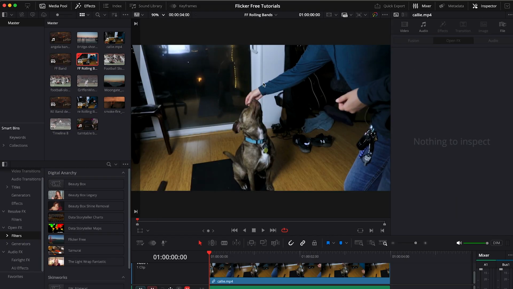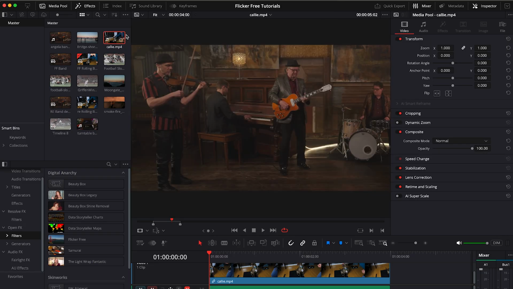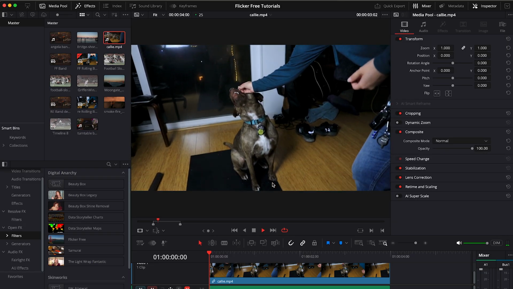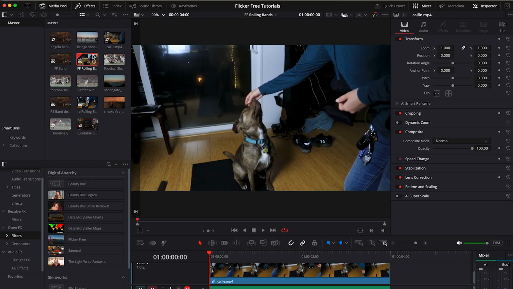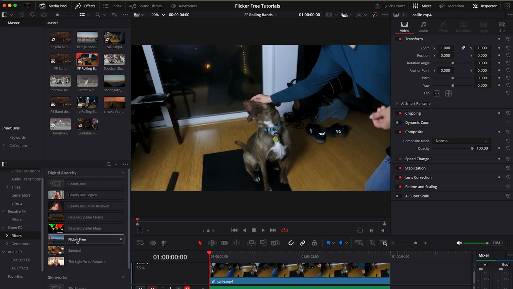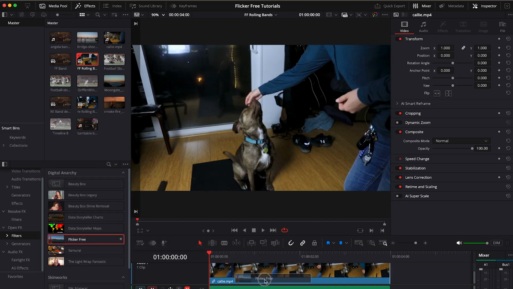Alright, so let's get back to deflickering with Flicker Free. We'll start off with the same clip that we just showed in the Davinci Flicker Free comparison. As you saw, it has some pretty serious camera movement. It's got some pretty bad rolling bands. And so, of course, the first step is to apply Flicker Free, and that's going to be over in your filters under Open Effects. And you can see Flicker Free right here, so we're going to drag and drop that